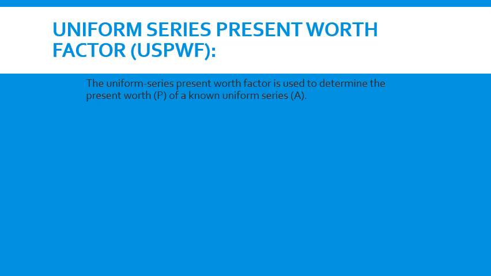At the same time, if it is a case of a pension fund, I may be getting a uniform series as monthly pension or quarterly pension or semi-annual pension or annual pension. So in any of these, this series is uniform, either every month or every quarter or every 6 months or every year. That is why it is called a uniform series, and it is represented by A. In this case, the value of A is known and the present worth will be calculated.